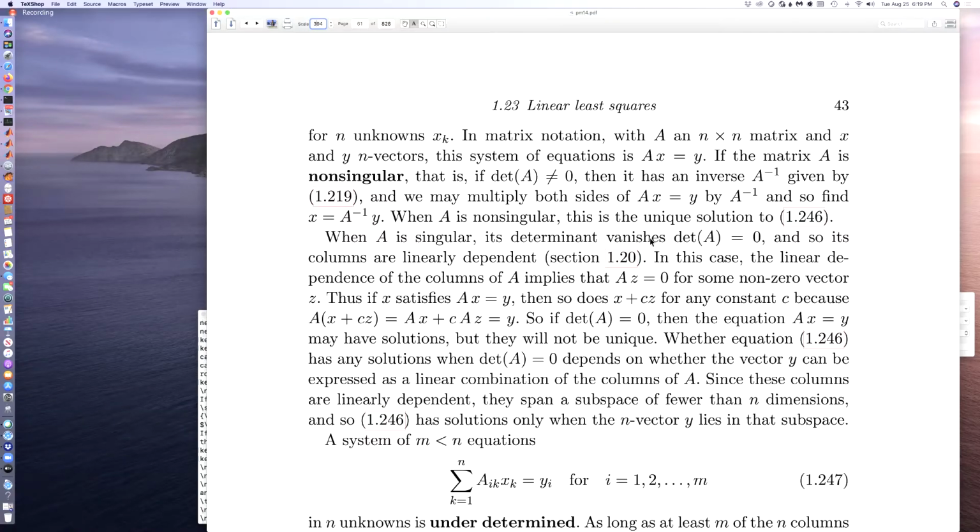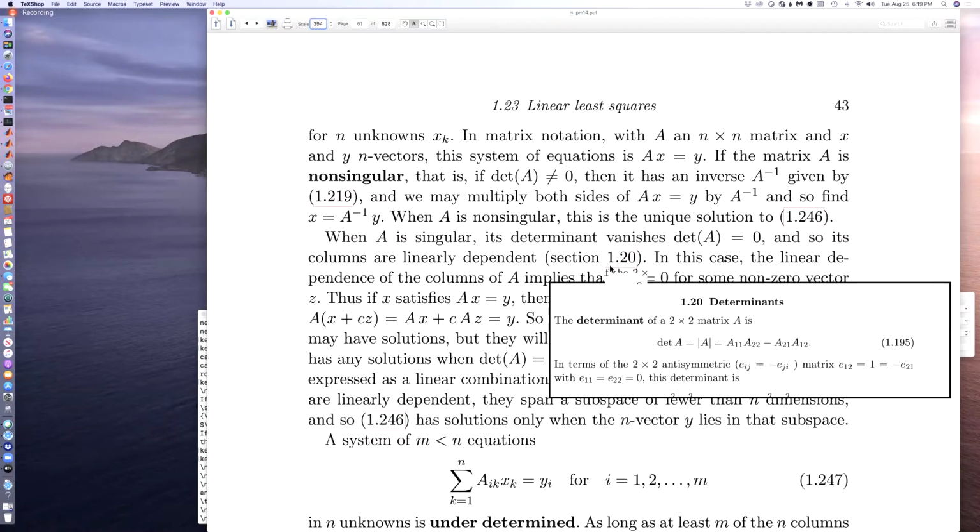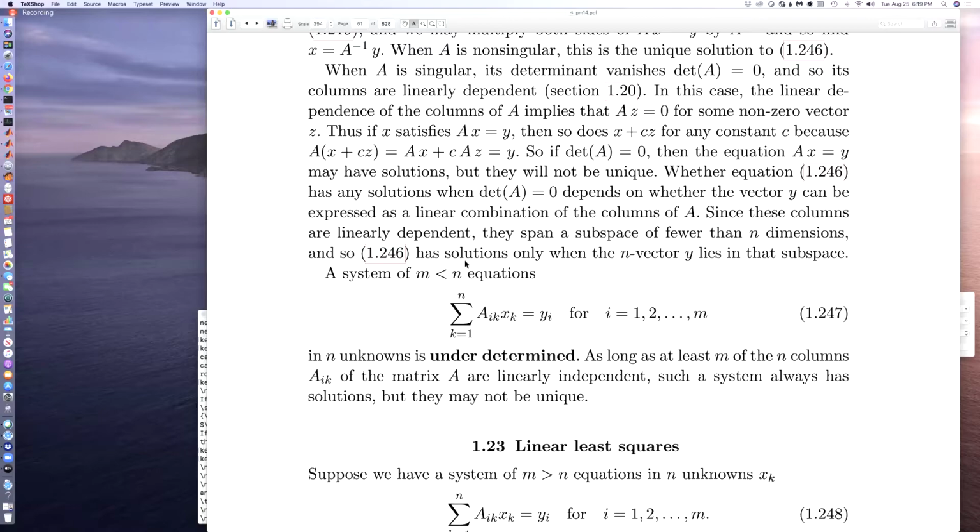And the way you compute the determinant is that you use an LU decomposition, for example. If the determinant vanishes, then the columns are linearly dependent, and